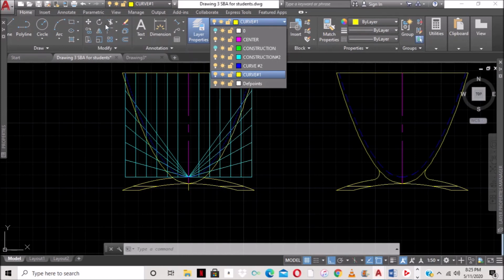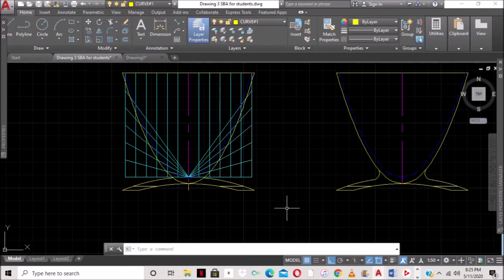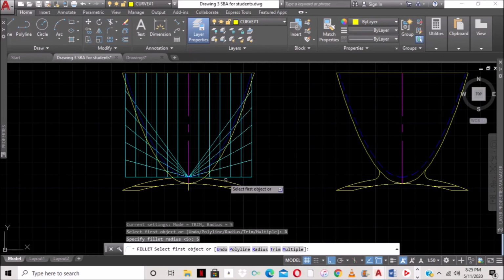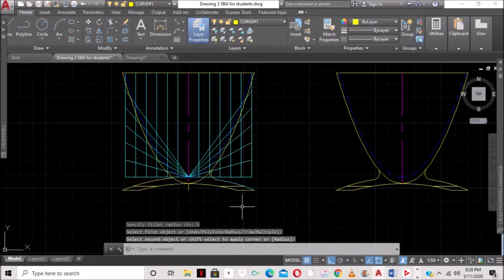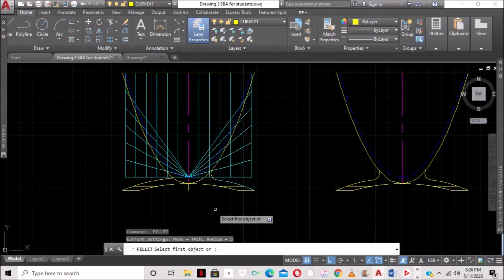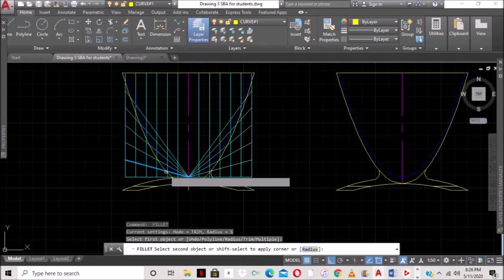So we select the fillet command, type R for radius and 5 for the radius. We want to fillet here to here, and spacebar to repeat the command, we want to fillet here to